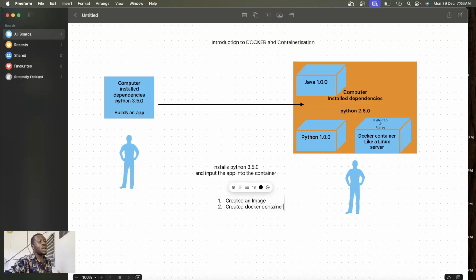So now you can create an image and not create a container. Why? Because the image is what this guy will now send to this guy. So this guy now will send over what? He will now send over our image, which was